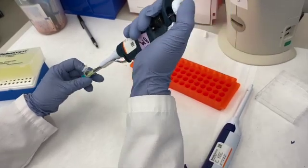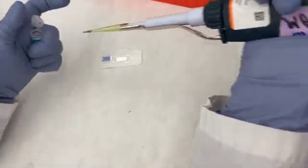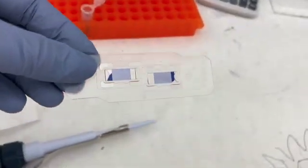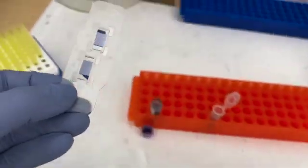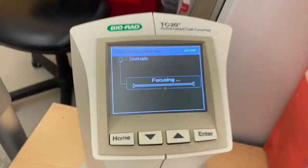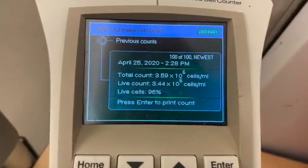Not all labs use a cell counter, but it is beneficial to, because if you put in too many live cells, there's a chance that they will consume all the nutrients in the medium before the harvest is performed, and you'll have less mitotic activity. On the other hand, too few cells means you may not end up with enough metaphases to complete the chromosome study. By using a cell counter, you can mitigate these problems and ensure that you're not wasting any precious patient